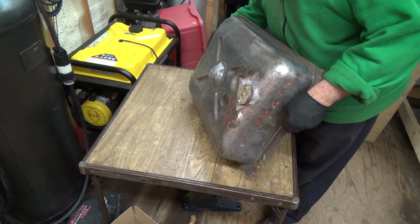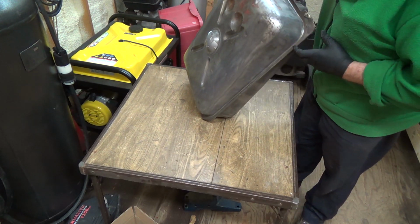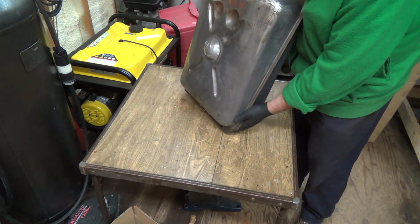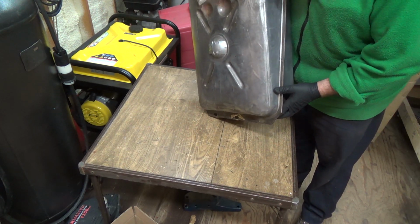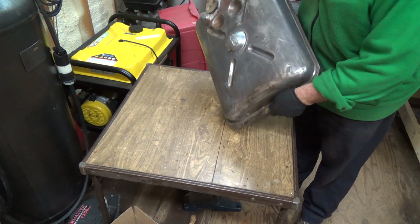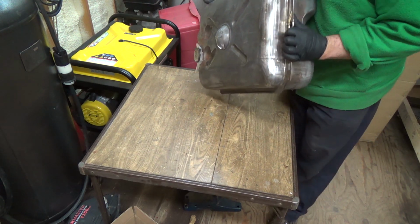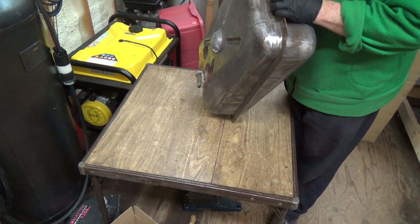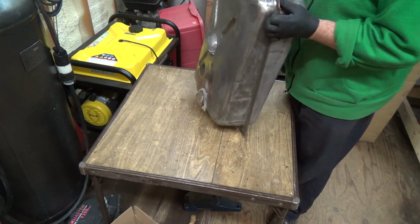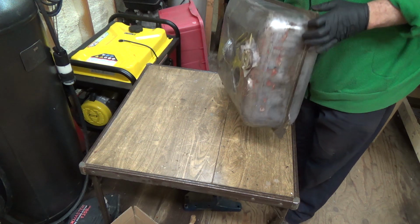Try to get all the angles as best as I can. I don't think this tank will leak now anyways because of the brazing we did to it. I wish I had one of those spinner thingies. My stepdad built one actually. He used an old motor and geared it way down with some kind of gearbox thing and